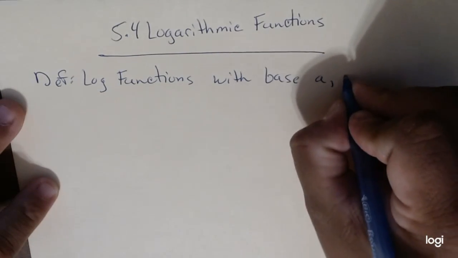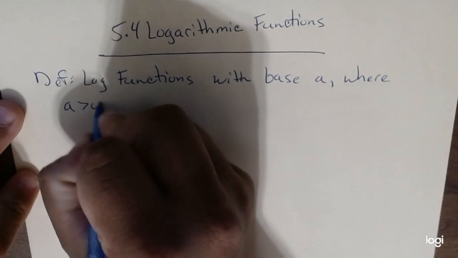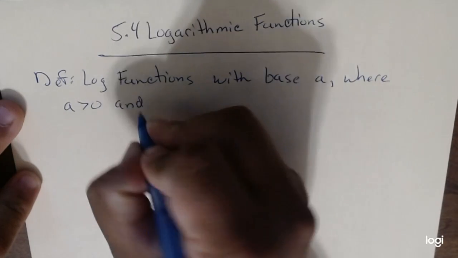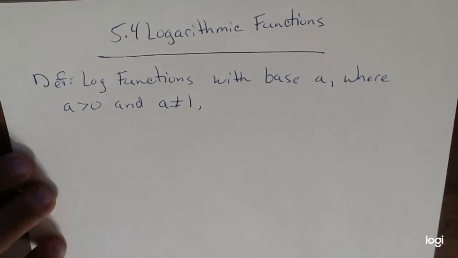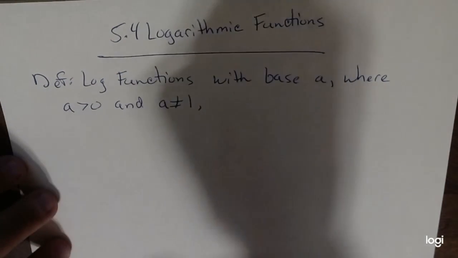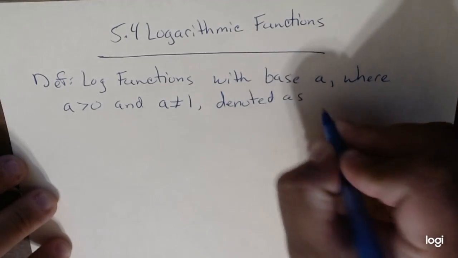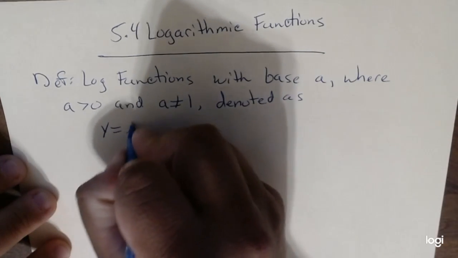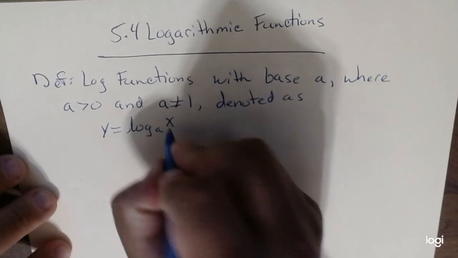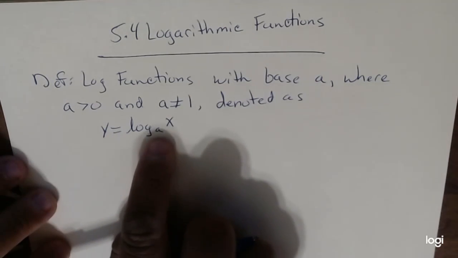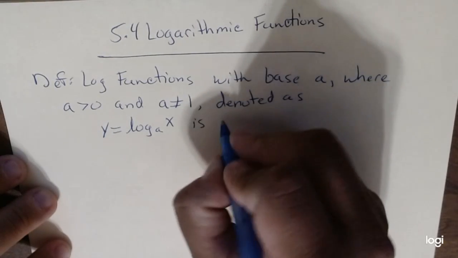With base a, where a is strictly greater than 0 and a cannot equal 1. So it could be a fraction or decimal, but it cannot equal 1 itself. Denoted as y equals log base a of x. That's how it looks. So this is base a, subscript a, if you want to think of it that way, is defined